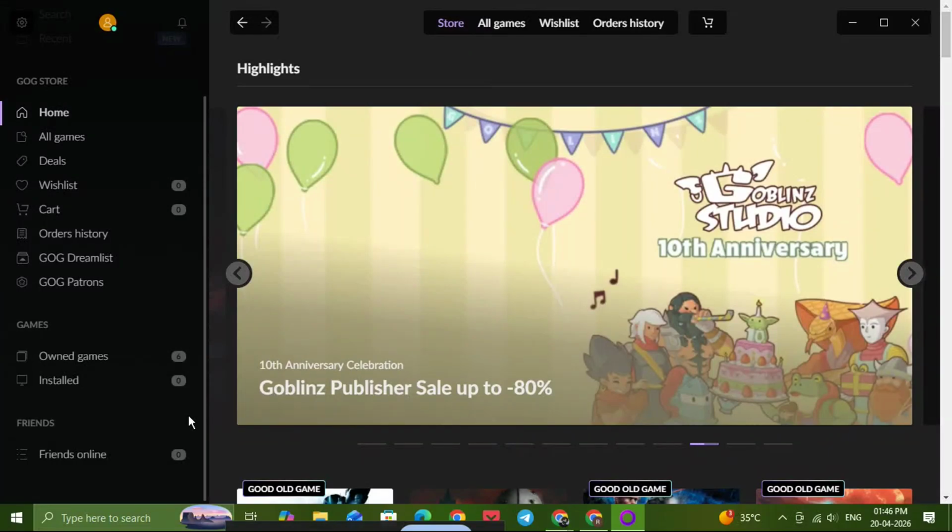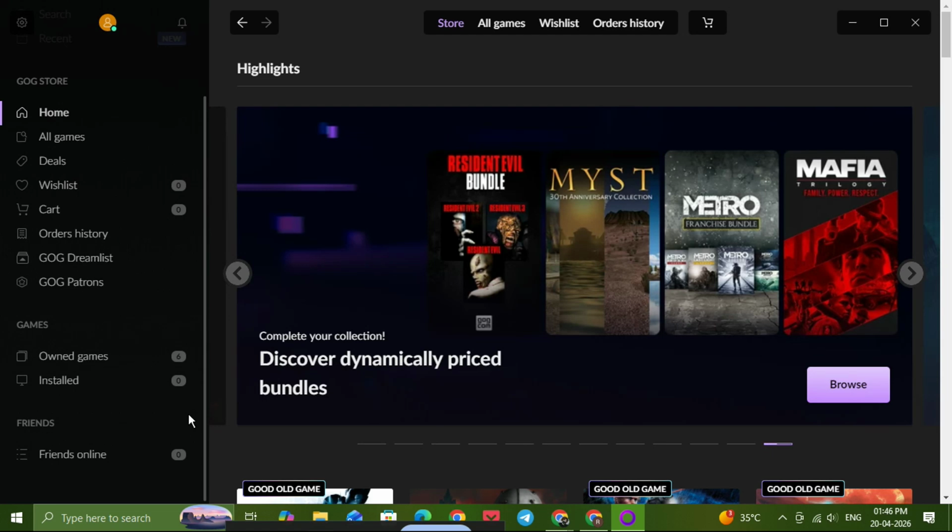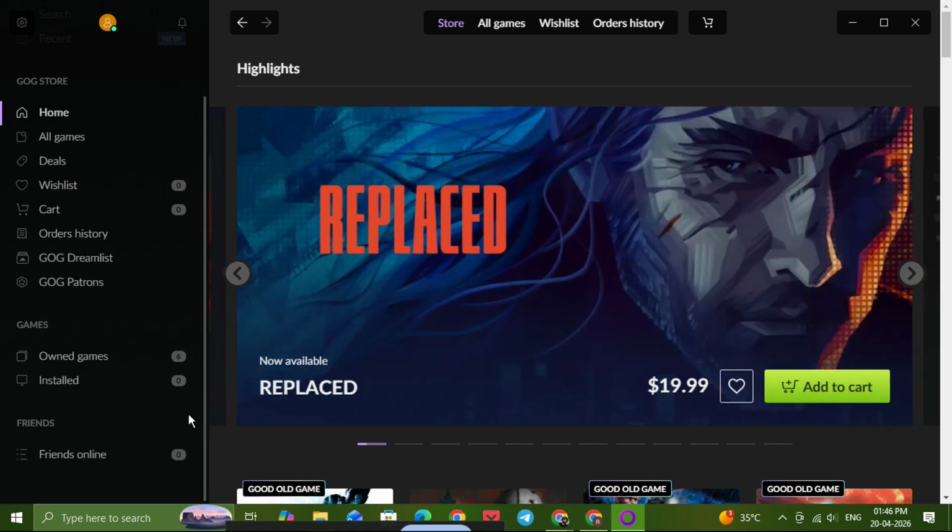If you want to install a game from GOG, this guide will walk you through the process step by step so you can get your game downloaded and installed without any confusion. Whether you just bought a game or you're reinstalling something you already own, the process is simple once you know